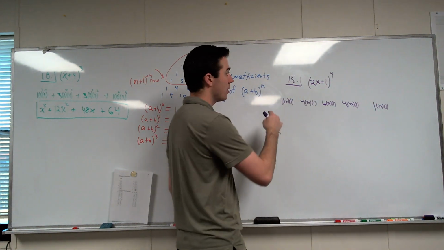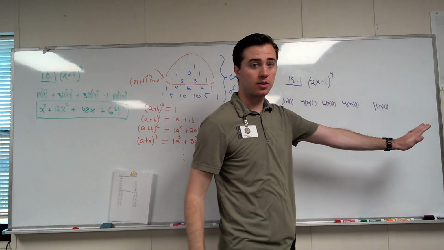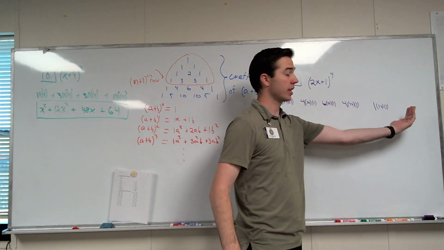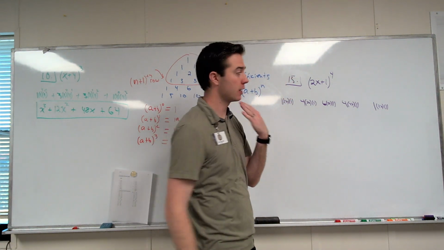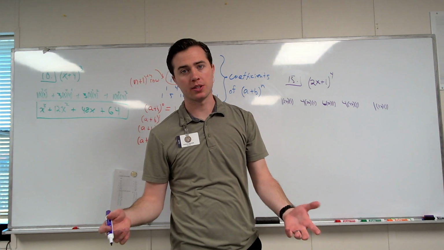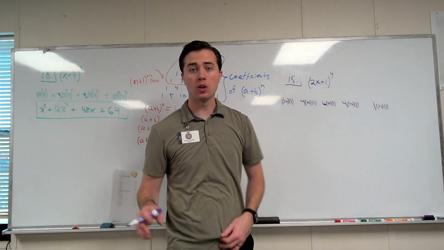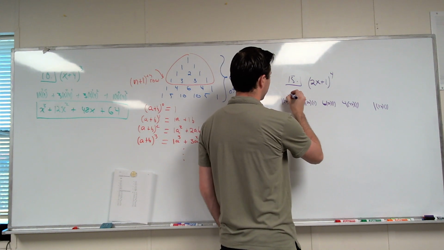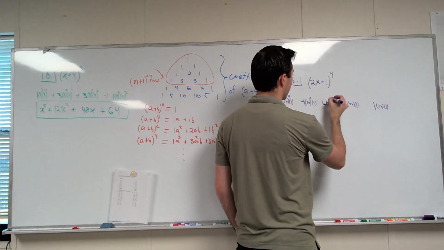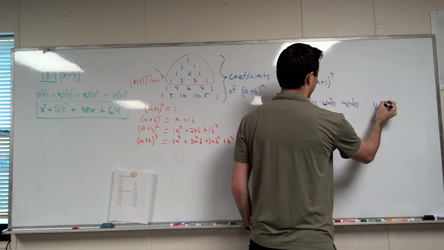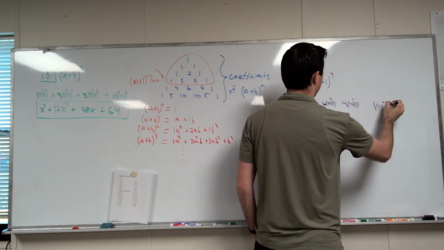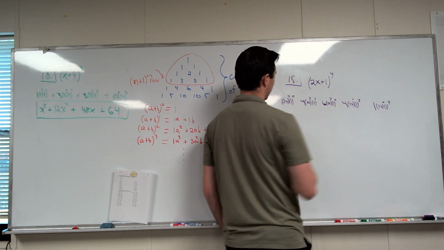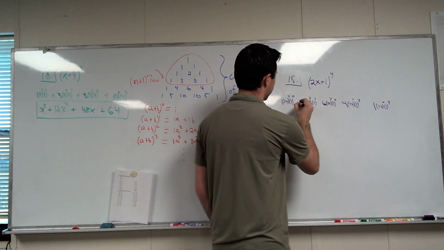Okay, the 2x's are going to decrease in power, right? From left to right, my bad. And the 1's are going to increase in power, okay? Now you may already be saying 1 to any power is still 1, and that's fine if you know that. But if you don't, you want to go ahead and go through this step, okay? So the 2x is going to start off to the 4th, then cubed, and squared, into the 1st, and the 0. The 1's are going to go from the 4, 3, 2, 1, 0. And then we just add these up